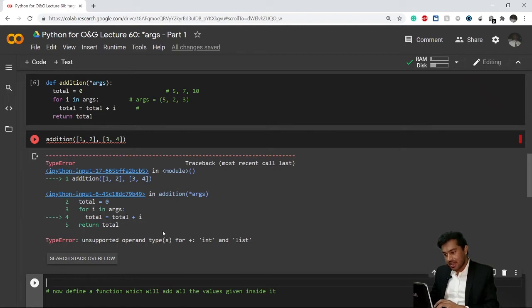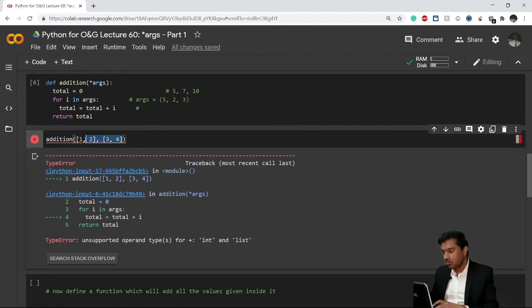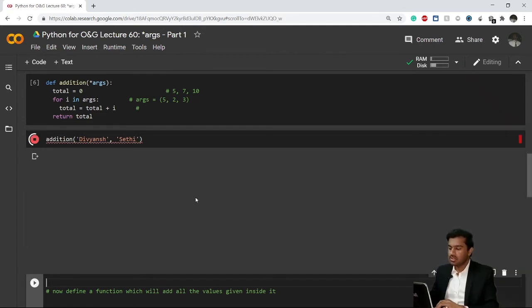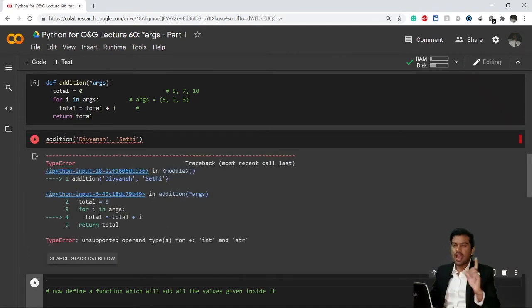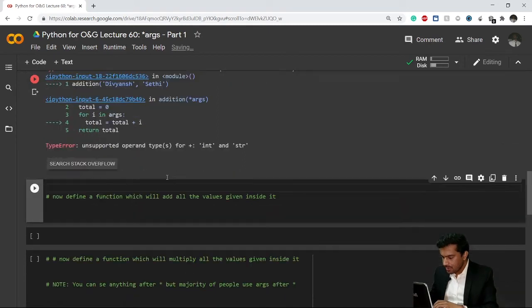I'll get the same error even if I want to add strings instead of lists. Let's say my first input is my name Divyansh and my second input is my last name Sethi. It will also give me the same error. For now, let's just skip to another example.